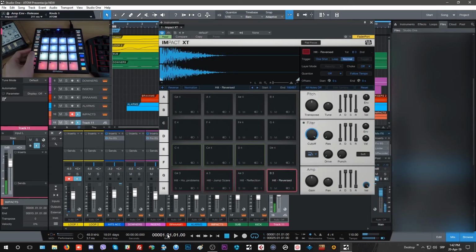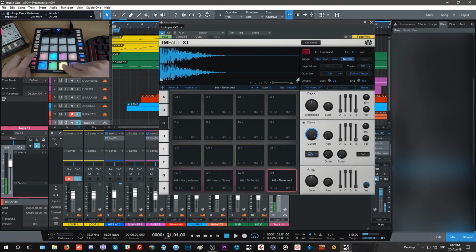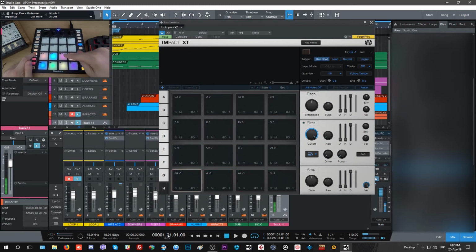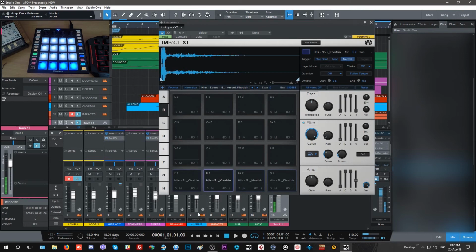And when I click on bank here, I can shift to my A, I can shift to my B, and I can shift to my C. So I have 8 banks here that are color coded that I can switch to. I can go to H, I can go to G, I can go back to my A. Which is actually a very good thing when I shift to my, so for example, if I'm working on this bigger type of project, my booms,